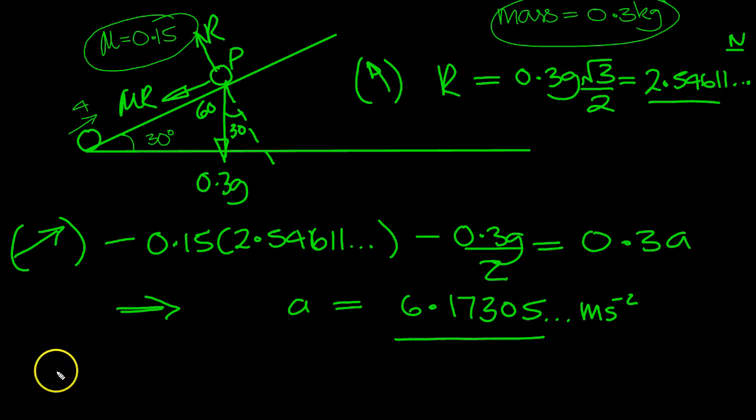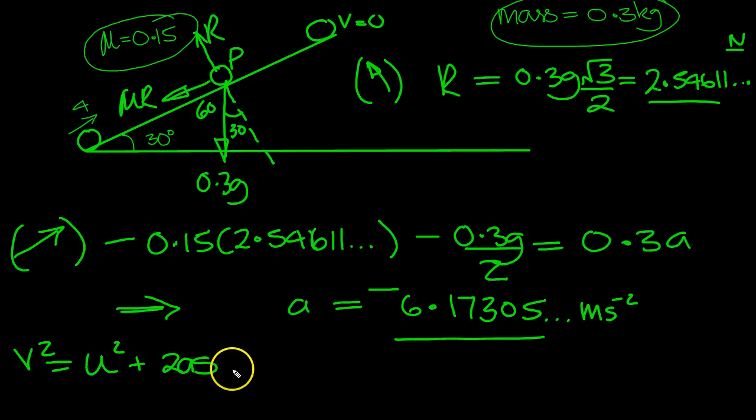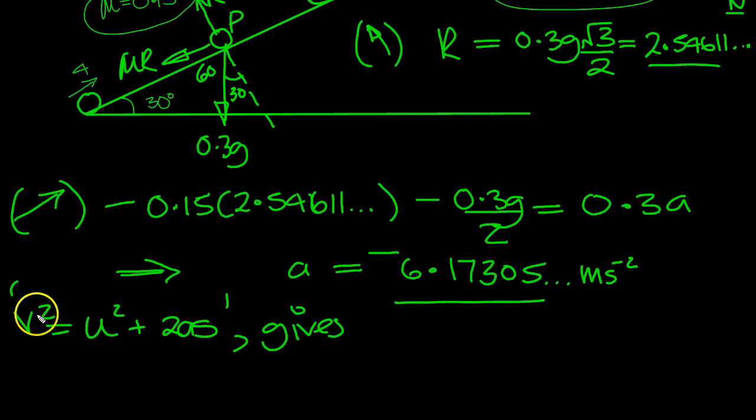So now we know the acceleration, we can use v squared because it gets to the top of the plane and stops instantaneously. So v squared is u squared plus 2as. Oh yeah, that was negative, wasn't it? So that we can find the distance here now. So v squared is 0 squared, which is 0. u squared, u is 4, so that's 16. Plus 2as. So bring the minus out. 2 of these, 6.17305,